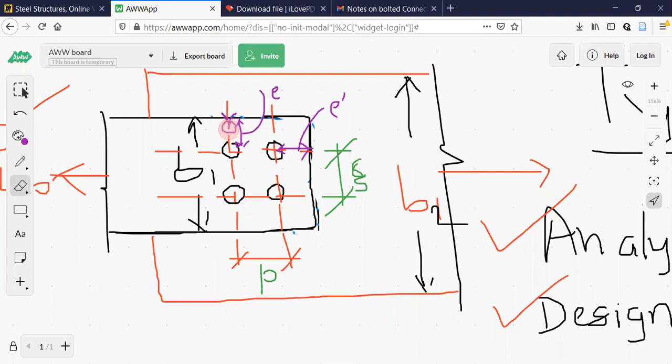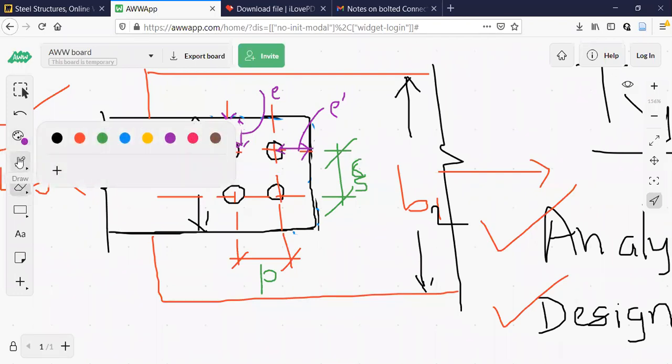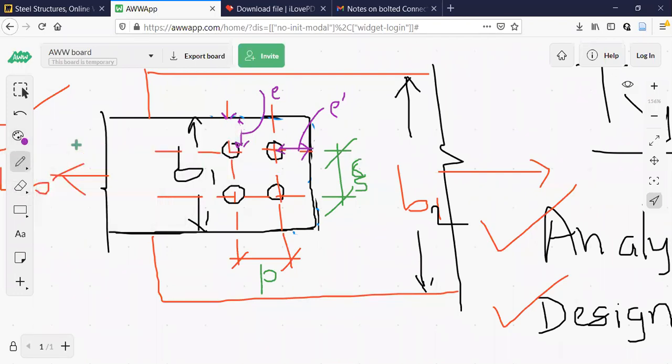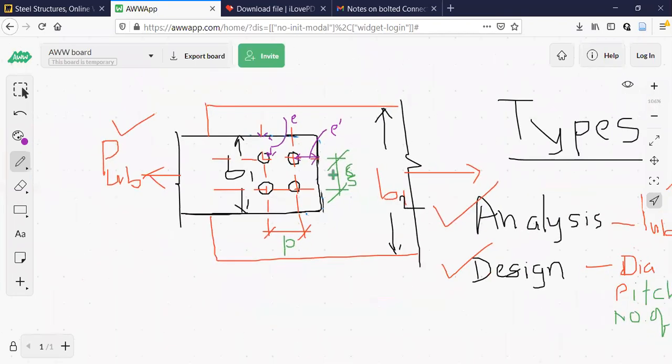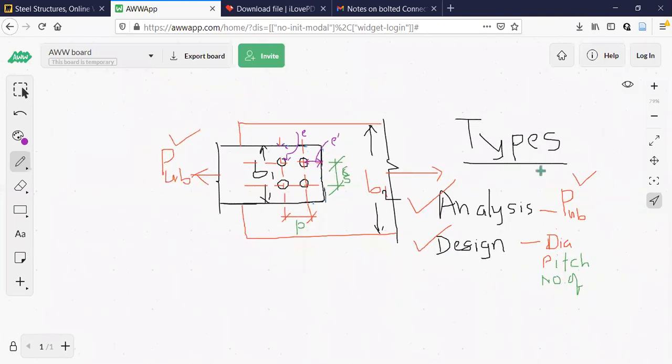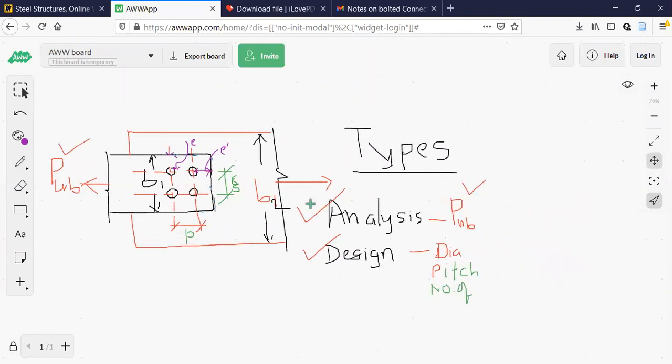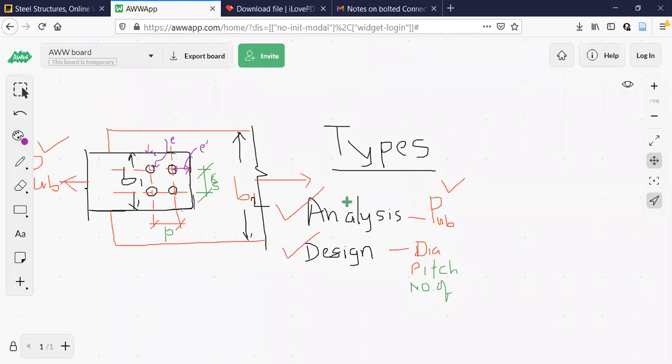All those things are there in the stipulations and notes, and you don't have to remember them. Everything is there in the code book. The only thing is you should know where it is. In steel structures, I am telling you, you don't have to remember anything. You just understand and solve the problem using the code book. So this is the basic idea about bolted connections, compared with whatever we have done in welded connections, say